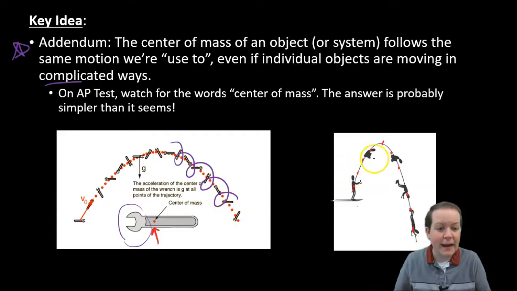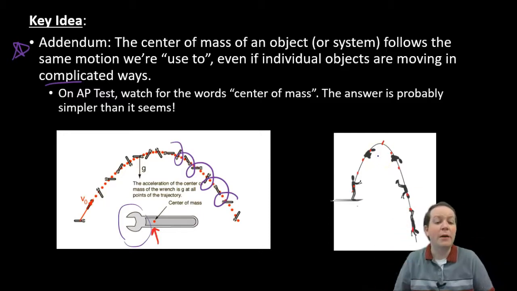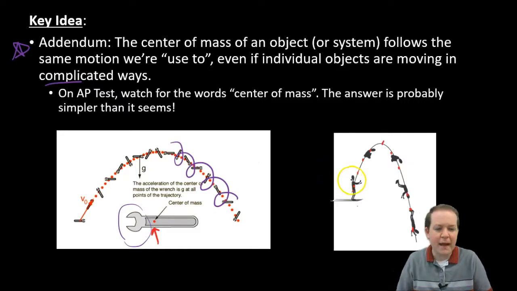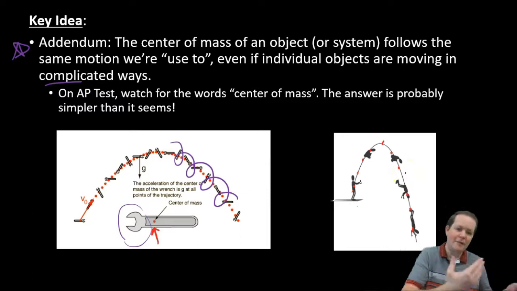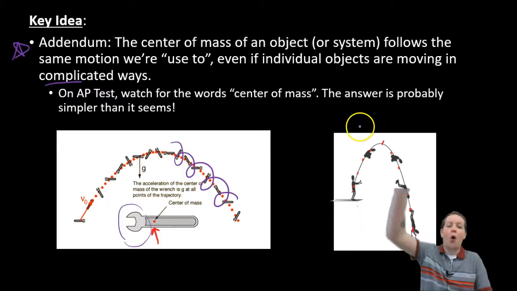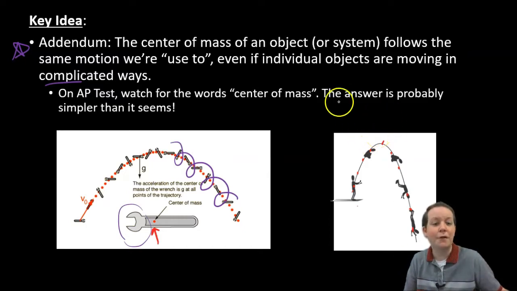Same thing with a diver right here. You have arms and legs that are flailing all about. But when you go off a diving board, your center of mass, which is right about where your belly button is, conveniently, still obeys projectile motion. When we're doing problems and somebody is jumping off a diving board, or some other weirdly shaped object is fired through the air, we can use all of our physics. Even though your arm might be flailing about, all the physics we've learned technically applies to the center of mass of the object.